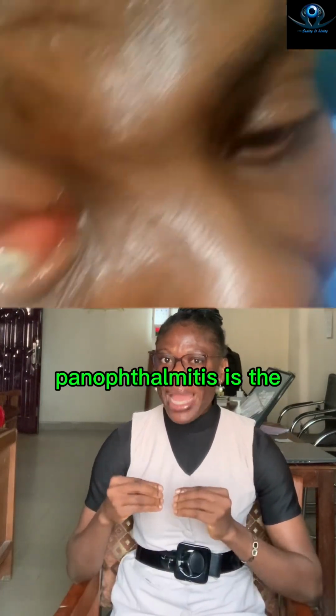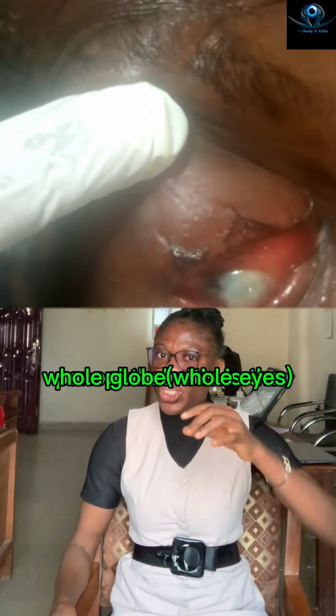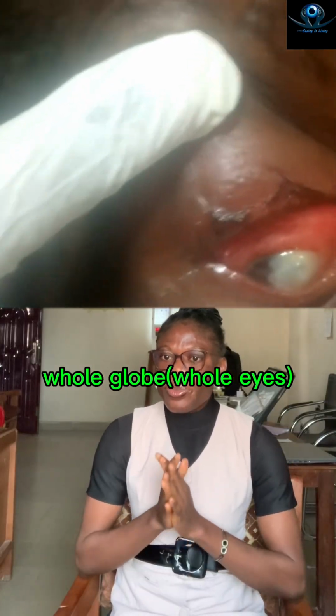In panophthalmitis, there is inflammation of the whole globe. This condition is usually associated with loss of vision. In this case, the doctor is only going to manage the pain, the bacterial infection, and the redness of the eye, which are the symptoms of this panophthalmitis. But vision in that eye will be lost, meaning that the person will not be able to see with the affected eye. If the person is lucky and the person's case is hypopyon corneal ulcer, now this can be managed,